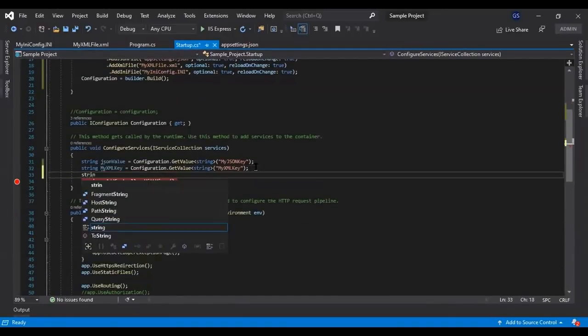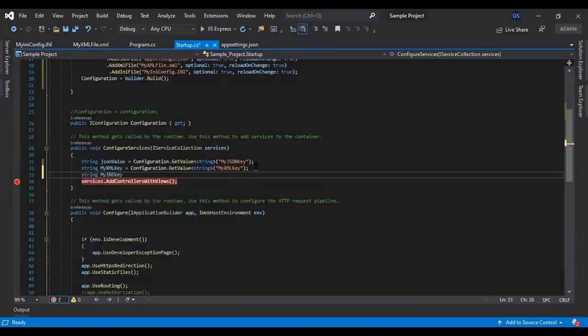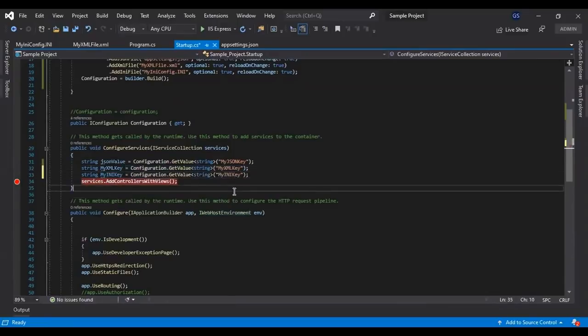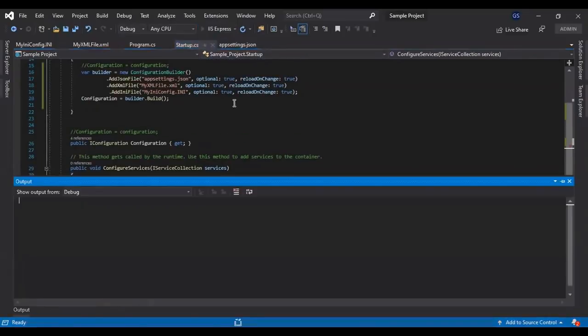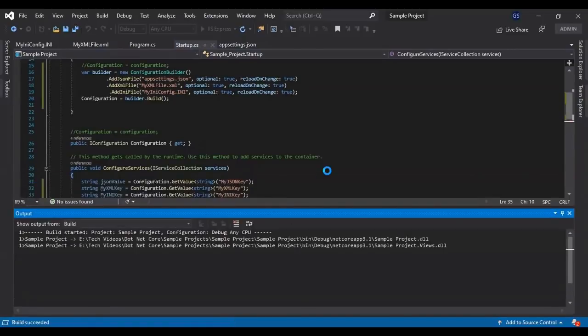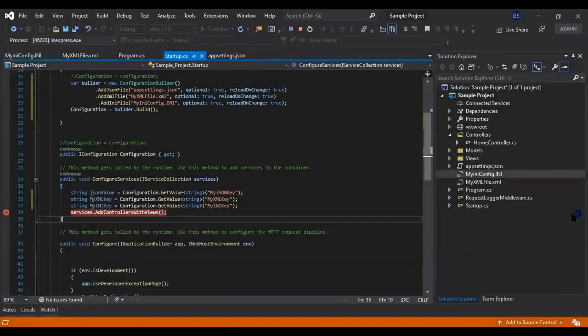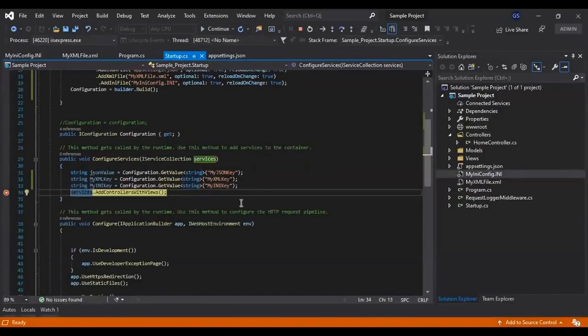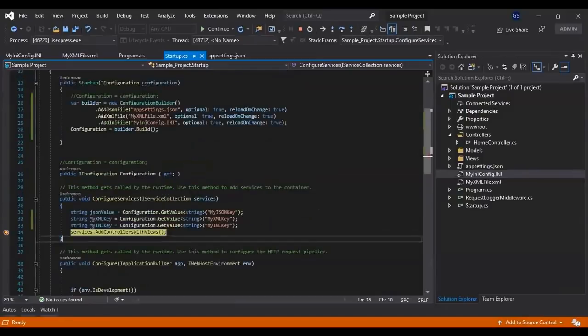We read the value from this configuration in a similar way. Let's run and see. We are getting the value from the INI file also. So in this way we add these three settings files which we have discussed.